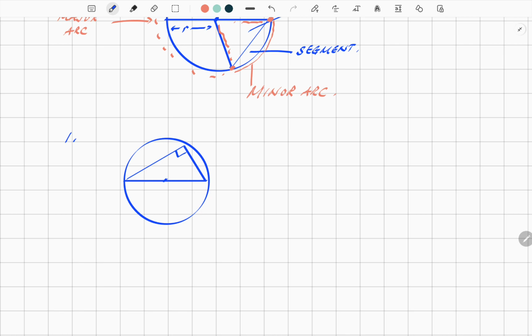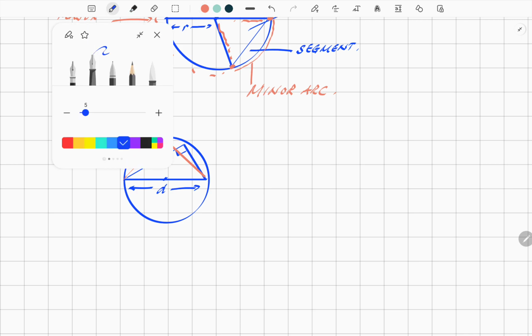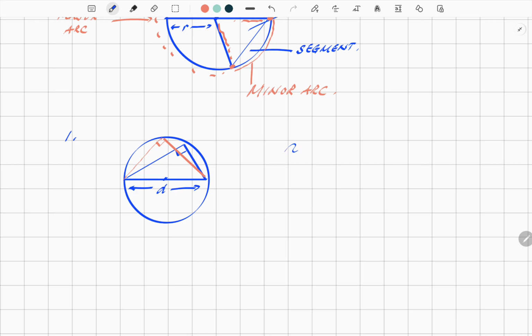So if this is through the center and it's a diameter, it doesn't matter where you join it. I could put it there and there, and that would also be a right angle. So anywhere along the circumference, that side or this side, that's always going to be a right angle at the circumference. Okay? And writing it out,